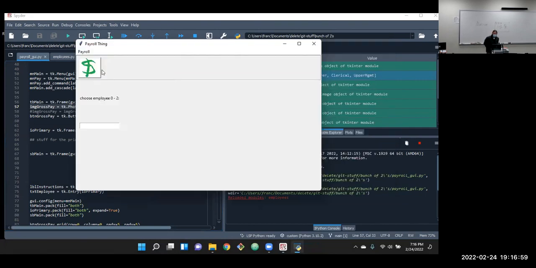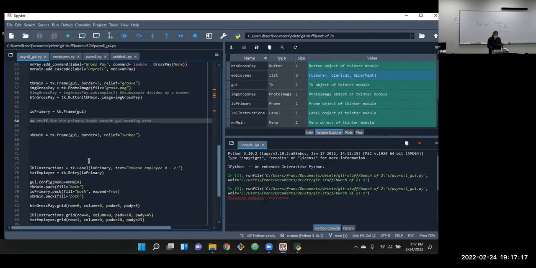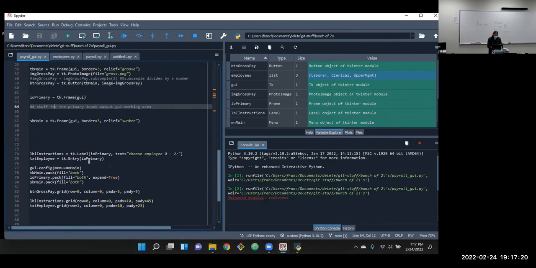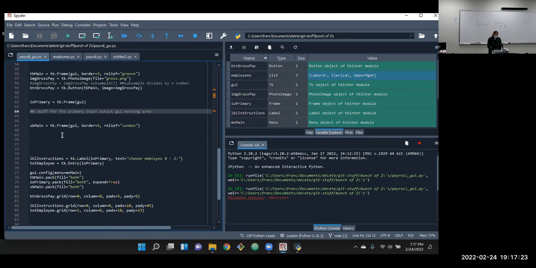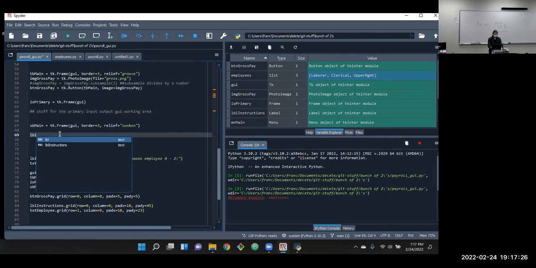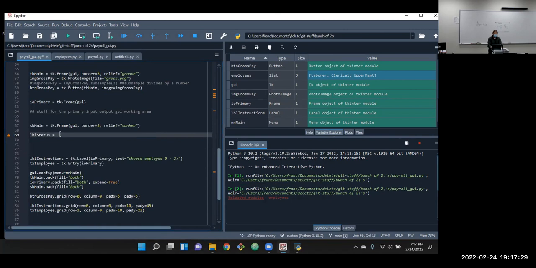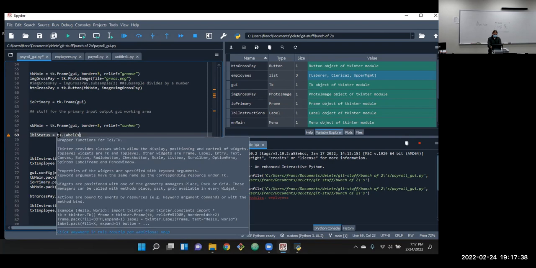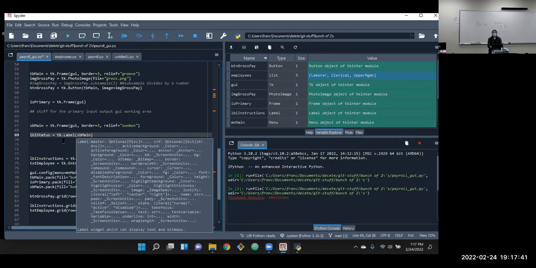Oh, and notice now that there's something there, we get that little groove around it to kind of signal where the toolbar is. Usually I do the toolbar raised, and the status bar sunk. So we need something in the status bar so we can see that. A label will work. We'll just throw some text on there. Label status equals tk.Label. It's going to go in our main status bar.